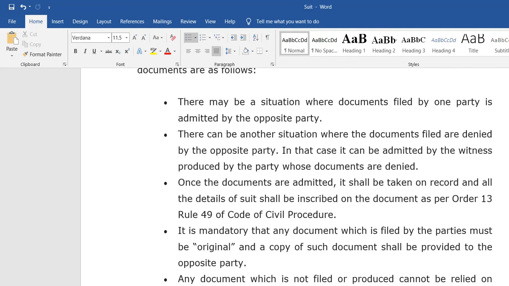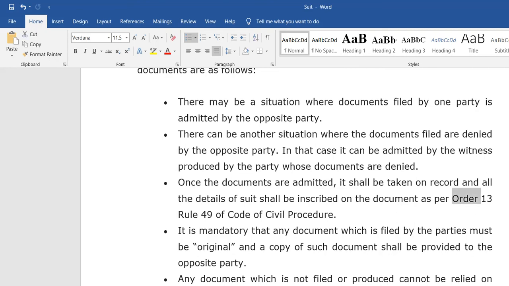So four people should be involved: the plaintiff, the defendant, the plaintiff's witness and the defendant's witness. Once it has been denied, then the witness should come into the picture. Also, once the documents are admitted, they shall be taken on record and all the details of the suit shall be inscribed on the document as per Order 13, Rule 4 of the Code of Civil Procedure.